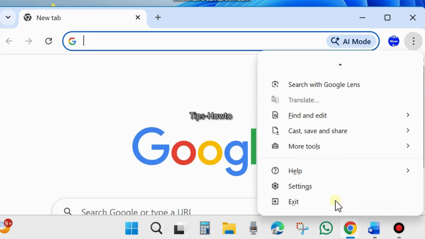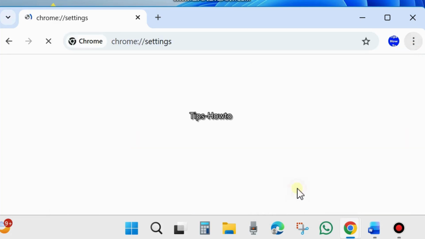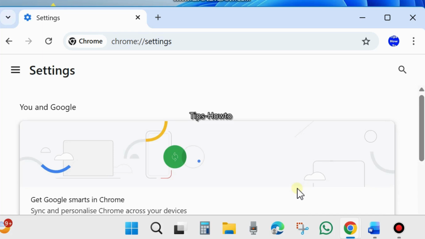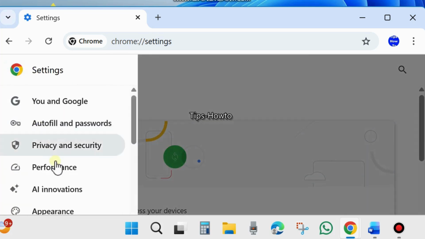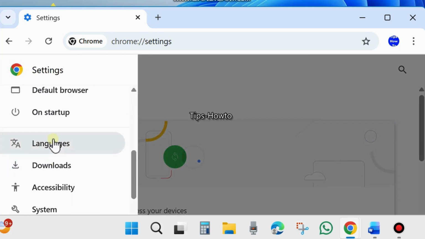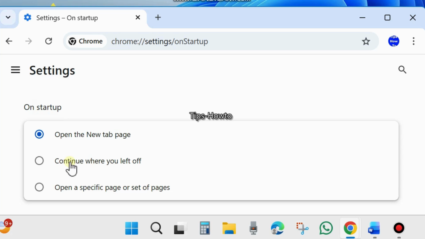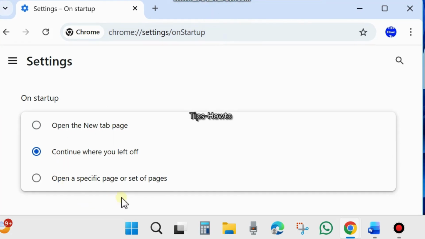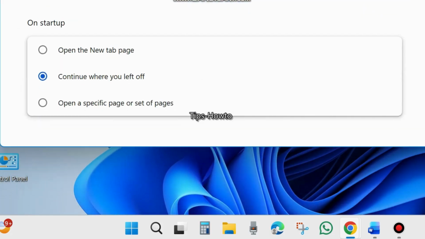Scroll down and choose Settings. From the top left corner, click on the three horizontal lines and here you will find the option On startup. Click on it and you will find three options: open the new tab page, continue where you left off, or open a specific page or set of pages. So choose continue where you left off, and next time when you open your browser